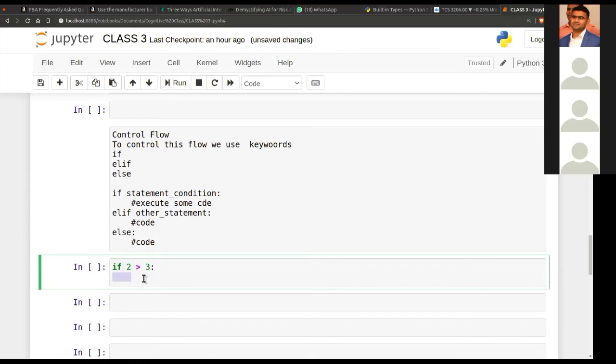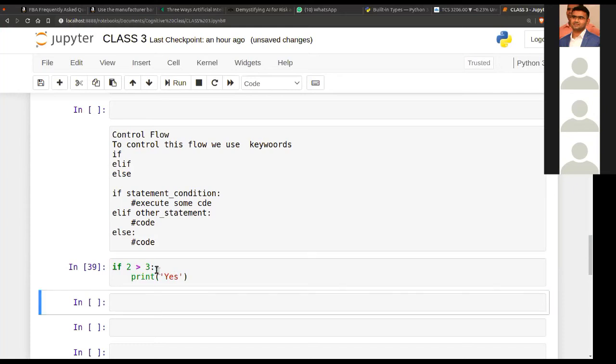This tells the compiler that this code is under the hood of the if. If it is true, print, suppose, yes. As you see, 2 is smaller than 3, so it won't run. For that we have to add an else statement.